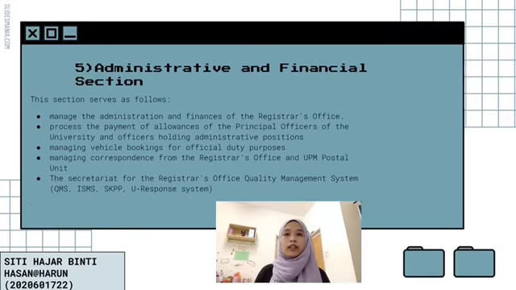Fifth, Administrative and Financial Section. This section serves as follows: manage the administration and finance of the registrar's fees, process the payment of allowance of the principal officers of the university and officers for administrative positions, managing vehicle booking for official duty purposes, managing correspondence from the registrar's office and UPM postal unit, the secretary for the registrar's office quality management system, and then